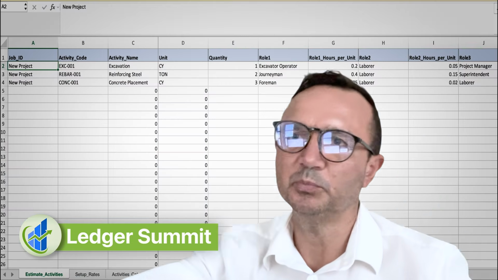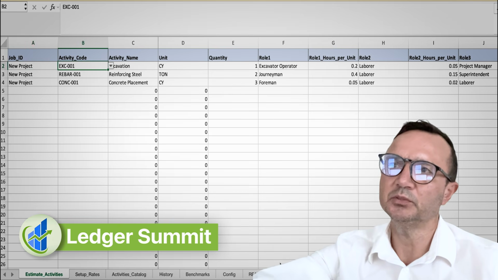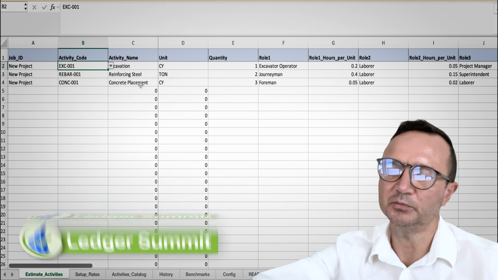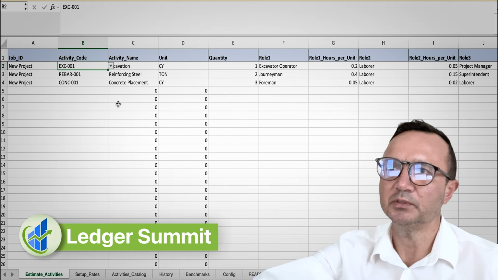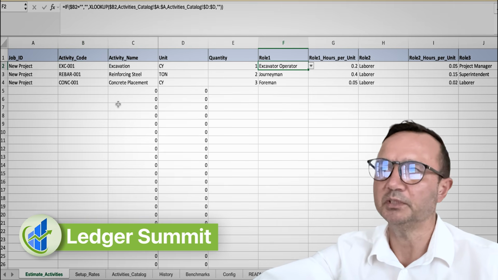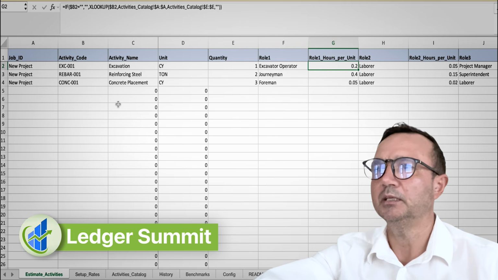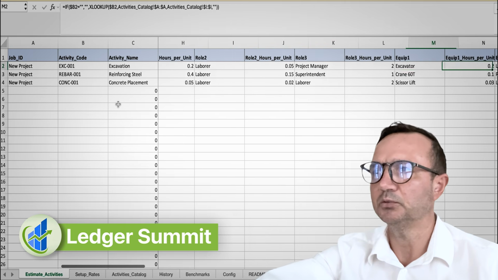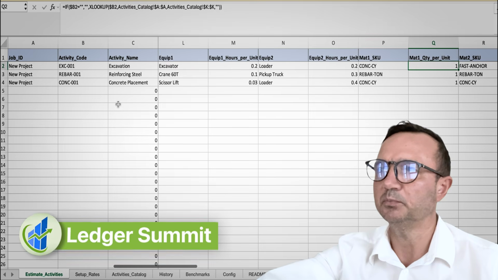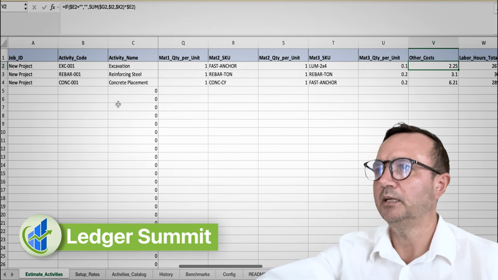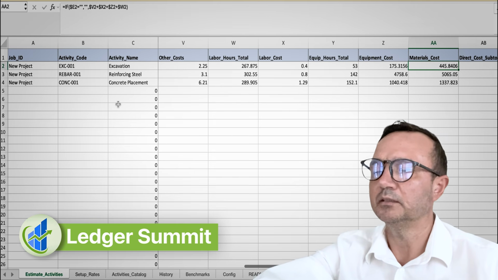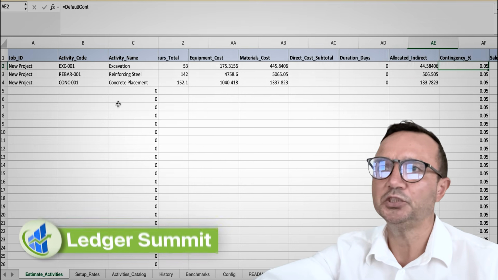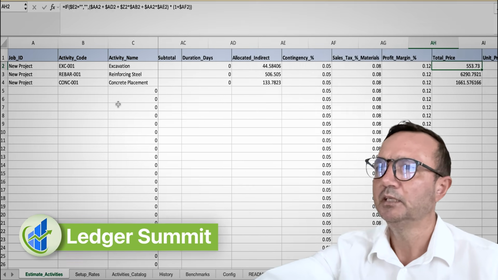Pricing done right. What you see on my screen is an example of a pricing template that is populated by the user using different kinds of drop-downs, and all these drop-downs are coming from these supporting tabs. So users pick what kind of activity they're planning to do, and then from there they assign people and hours, equipment and the hours they're going to use that equipment, and then what kind of materials they're going to use. And then this Excel file, using advanced Excel formulas, will calculate the cost of each proposed activity, and then